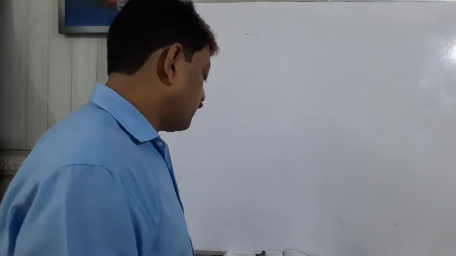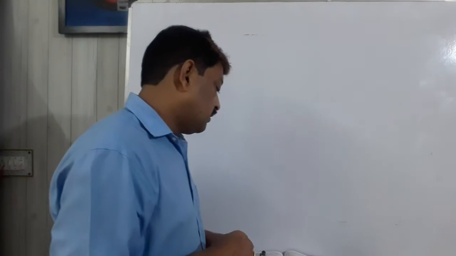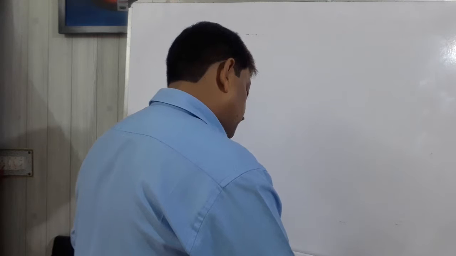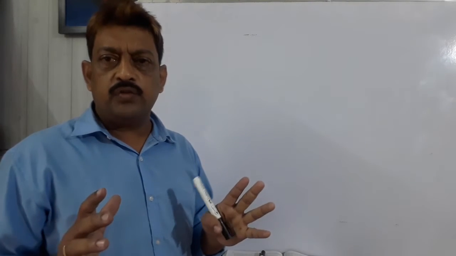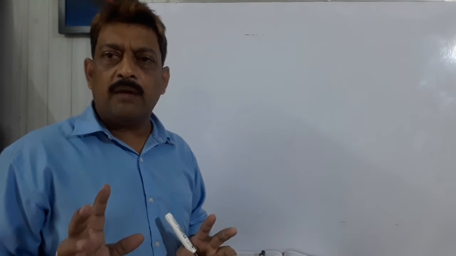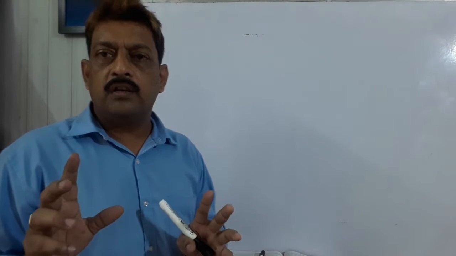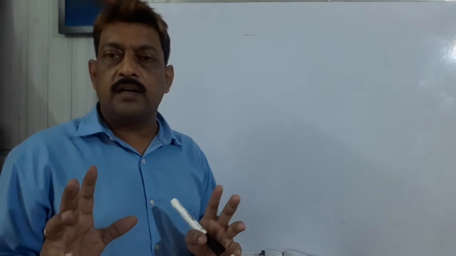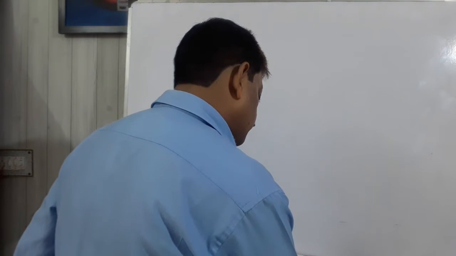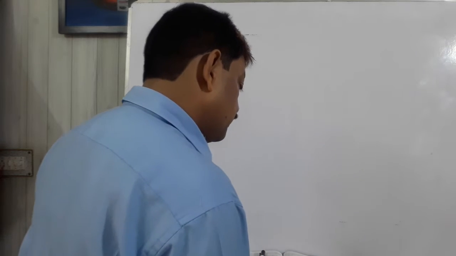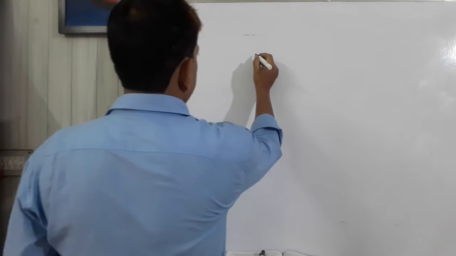The question is: five equal cubes, that means their edges are same, are placed adjacent to each other. Five cubes are placed adjacent to each other. So what will happen? You will get a new shape, new solid, that will be a cuboid. The resulting solid will be a cuboid. We have to find the total surface area of that cuboid, as well as the volume of the cuboid. Now let me draw the diagram so it will become more clear.